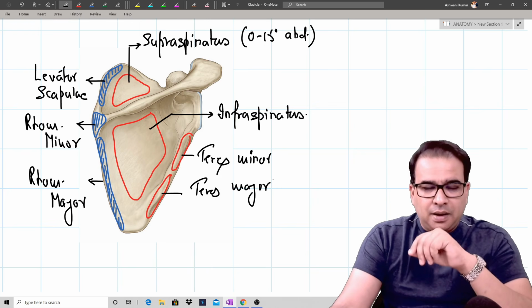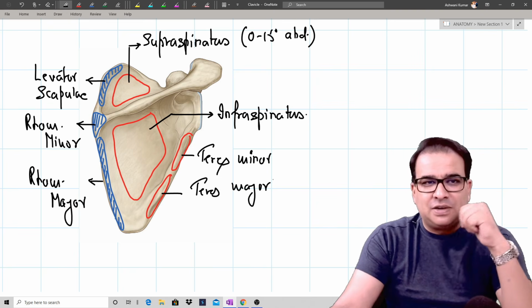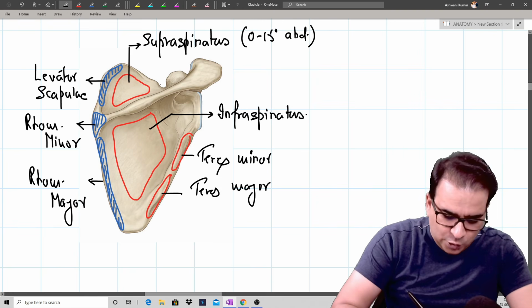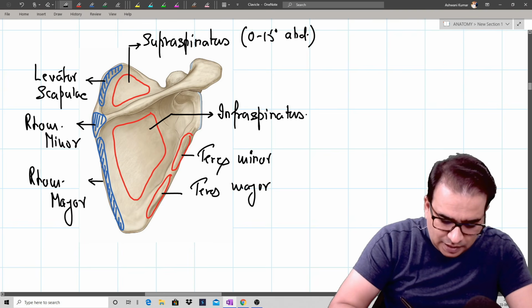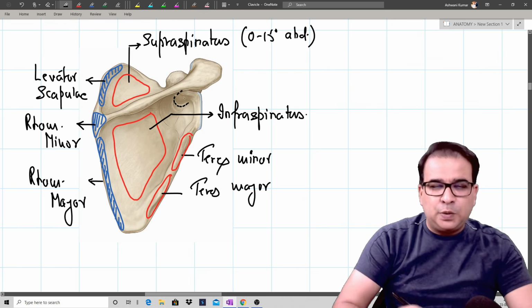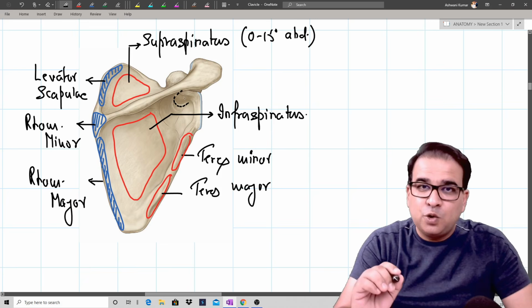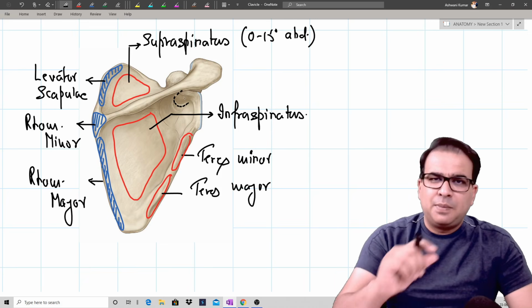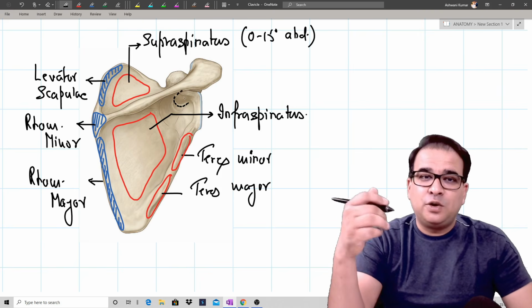Acha. Before I go to the spine of the scapula, where I have a very interesting fact to tell you. Can you again notice this suprascapular notch? And guys, there's a notch again here. If I just mark this, look at this notch here. Can you see that notch here? Now this notch is present between the spine of the scapula and glenoid cavity. So we call it spinoglenoidal notch. They might ask you this question without showing you the picture: what are the contents of spinoglenoidal notch.